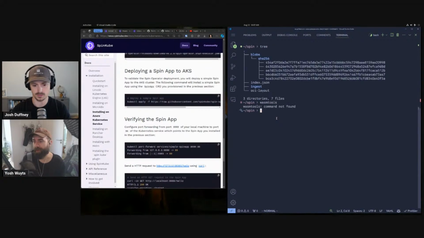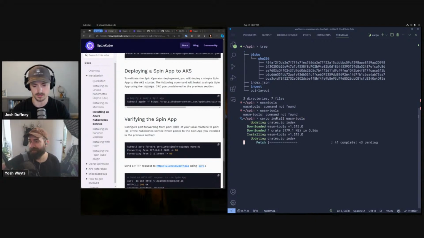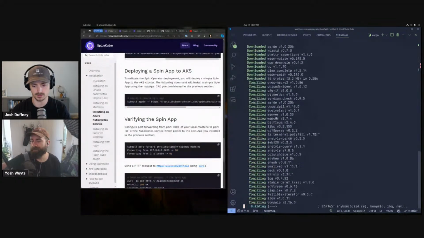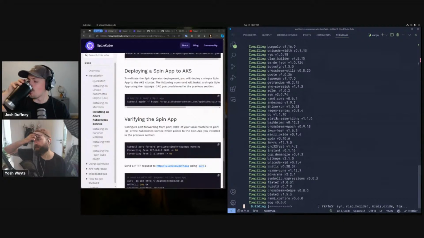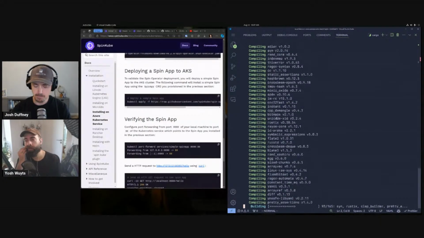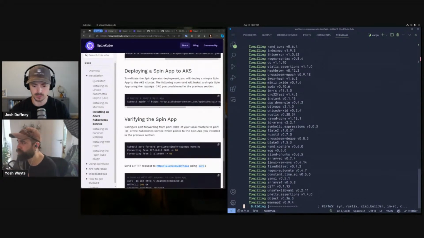Yeah, you can do wasm-tools. If you really want to point at it, wasm-tools, if you have it. I might have it. No. Cargo install wasm-tools. Yeah. And I think it's a wasm-tools component. Okay. And then